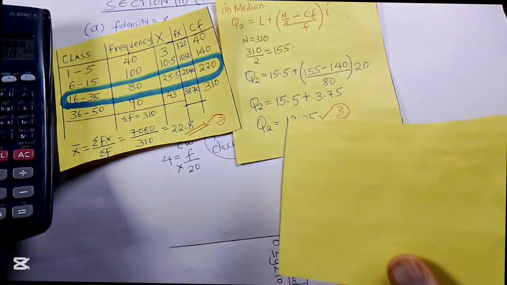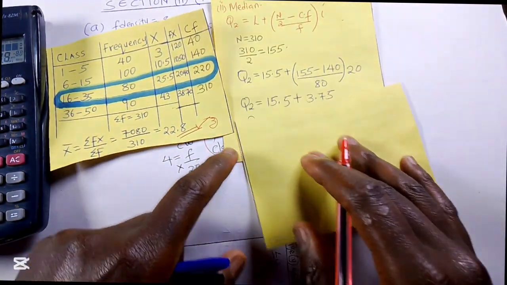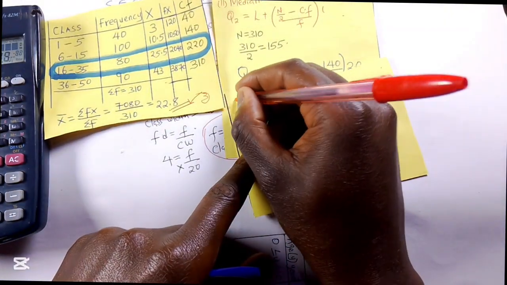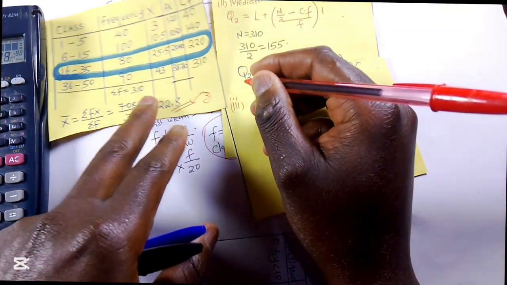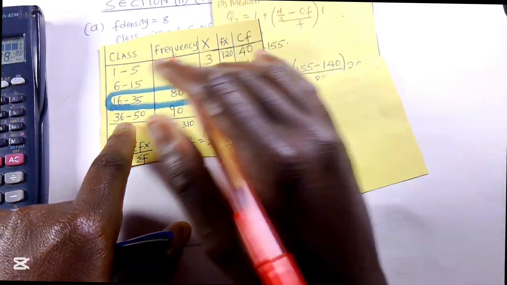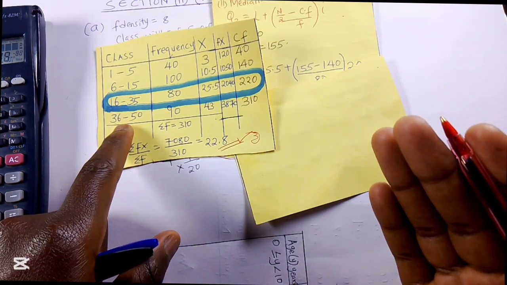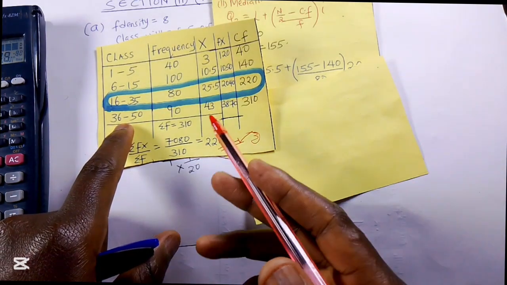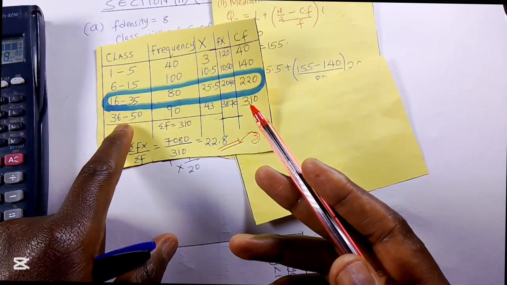So you will come to your table. That last question is 1 mark. So this is Roman 2. So we have Roman 3. How many pupils are 40 kgs and above? So you come here and look at your class from 40 kgs and above. So if you check clearly, students who are 40 kgs and above,